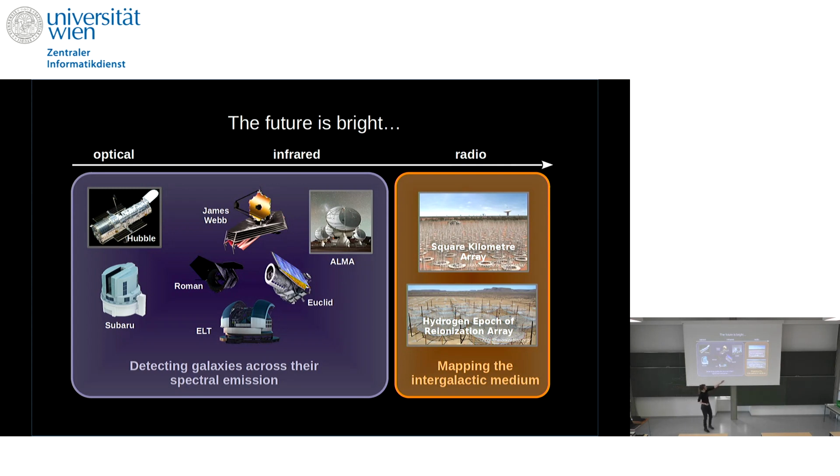And finally, in the radio, that's targeting the 21 centimeter signal and mapping the ionization topology. Here the big hope is the Square Kilometre Array, whose low-frequency antennas will be built in Australia, and the Hydrogen Epoch of Reionization Array, which has already started to observe, but I believe they are going to extend it, so becoming far more.